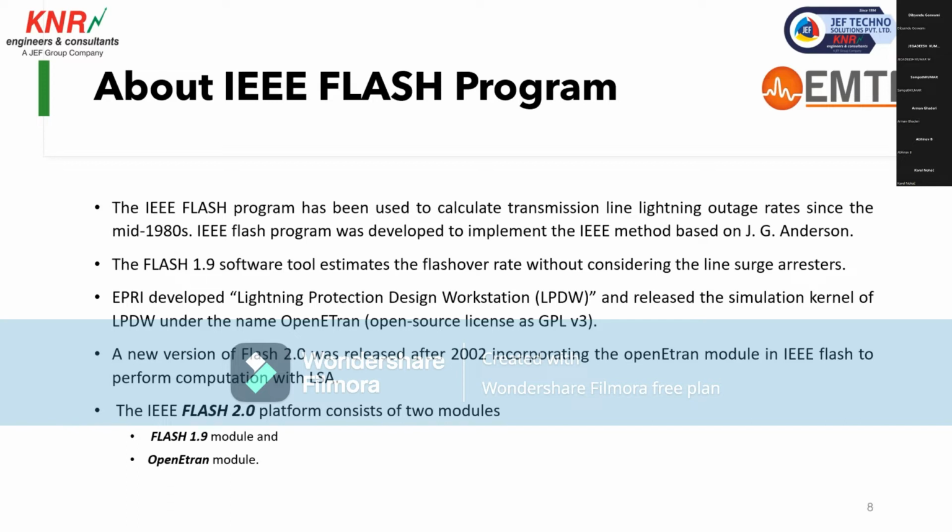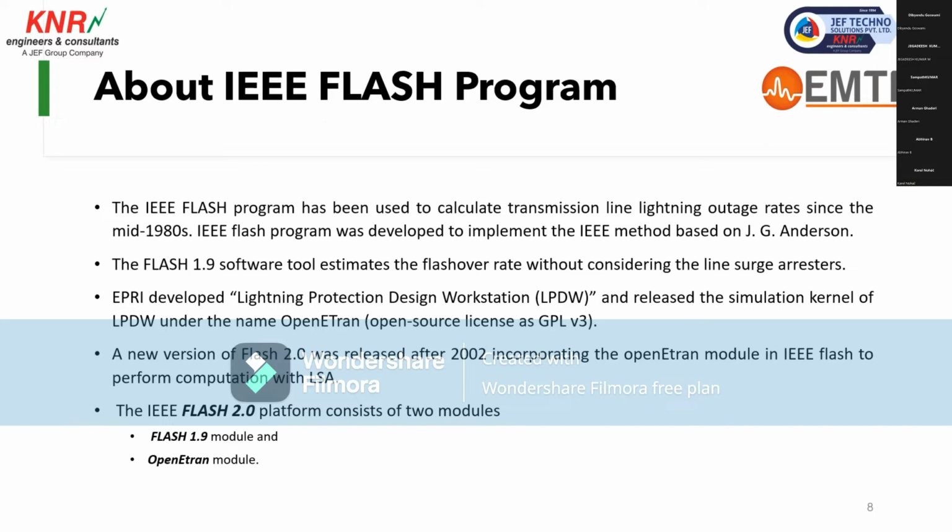So we'll be estimating the present performance benchmark of the line under study. It will be done using an IEEE Flash program, as said earlier. This is a small history of the IEEE Flash program. It was developed in the late 1980s. And a further updated version was also released as Flash 1.9. But it will not consider surge arresters